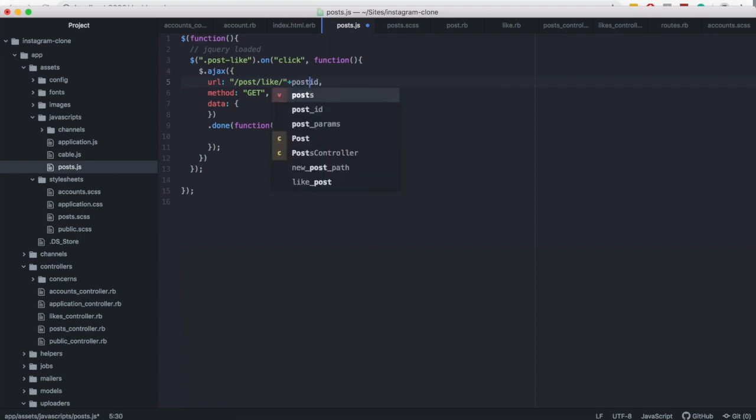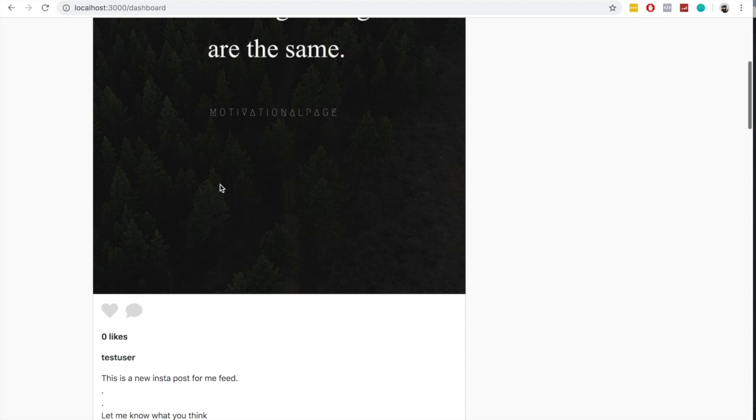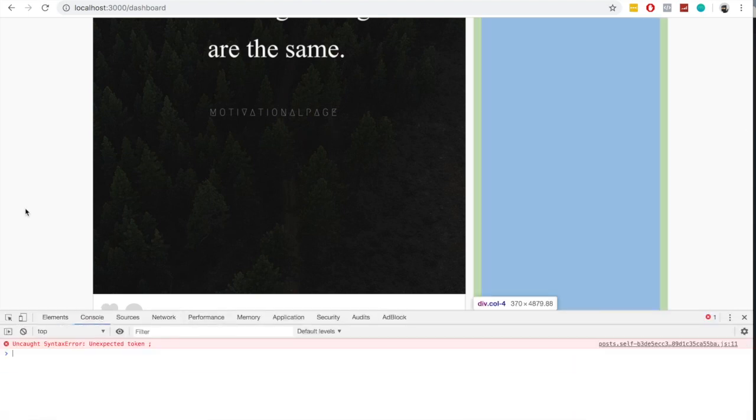So we are going to pass in the post ID as a variable here into the URL. So let's set the post ID, and we can do that using an attribute from the like button itself. So we will set that on page load using our view file. And we actually can remove the data method on the Ajax request since we are putting the ID into the URL. And then finally in the success method, we will just run a console log to see what the